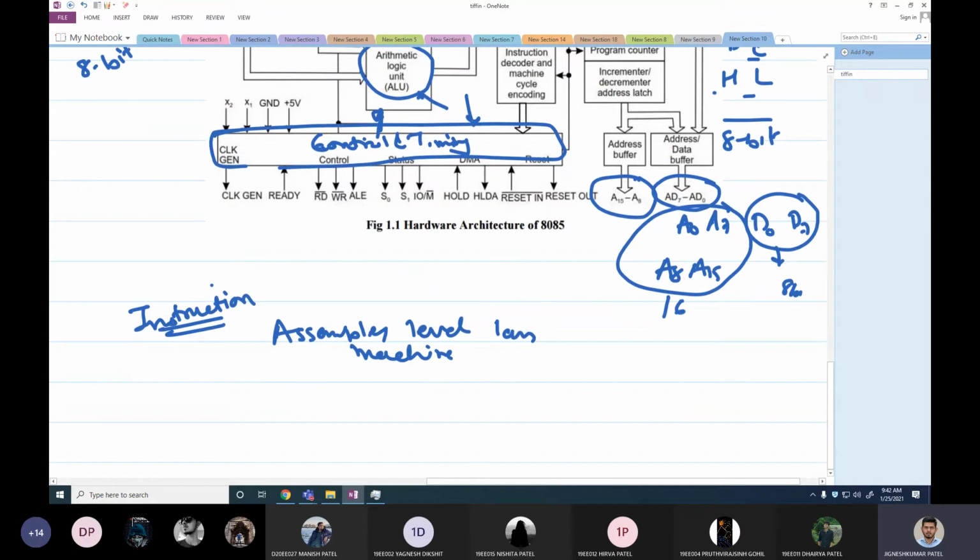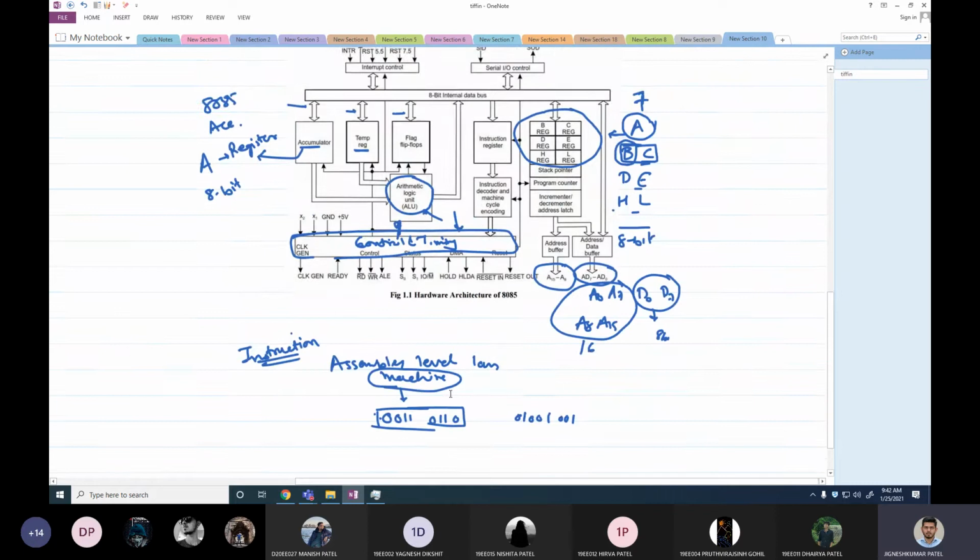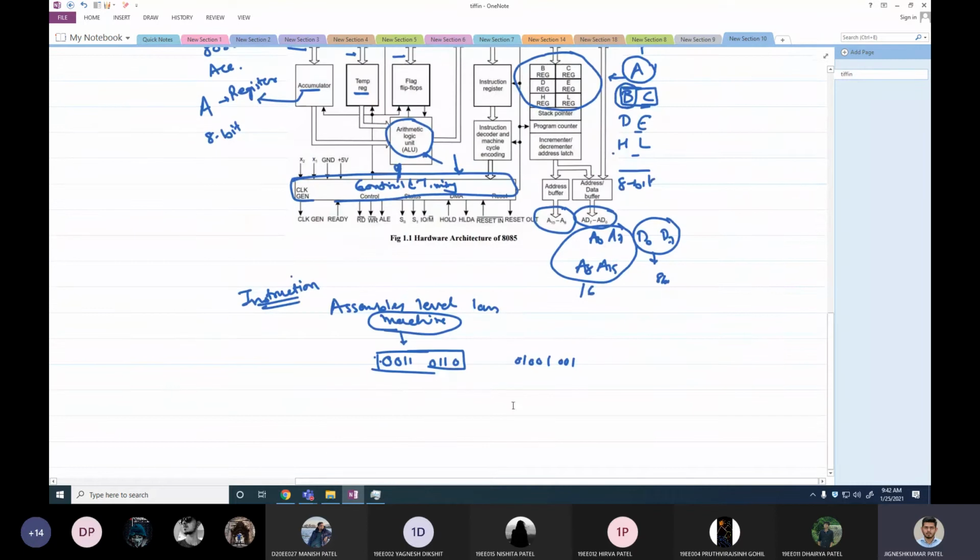What is a machine language? Machine language is a low level language or a binary language where you will see instructions like this, or a different instruction can be this, or there can be n number of this kind of instruction available. So this is how a machine understands things. Okay, but we are not able to process this kind of data easily.